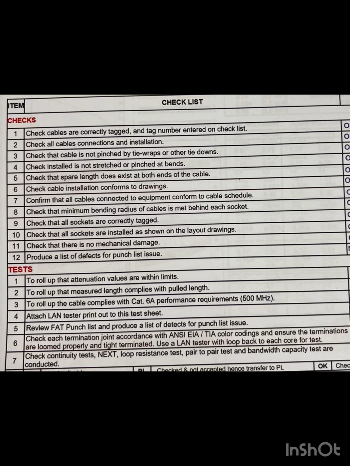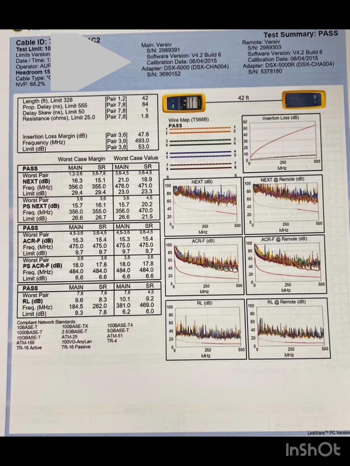And then next, to do the testing, you need to test all the attenuations and any LAN test to be provided. Some of the information based on that testing is not required. So if Cat 6 is required, just attach the LAN tester. You need to do the LAN test of your Cat 6 cable or internet cables. Right, so now this is an example of our information during the testing. The testing result is passed. All of the details and information will be there, and then submit.